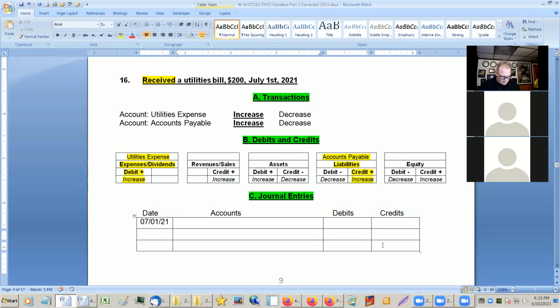Okay, so the debit is utility expense. Now, if you look at liability going up,